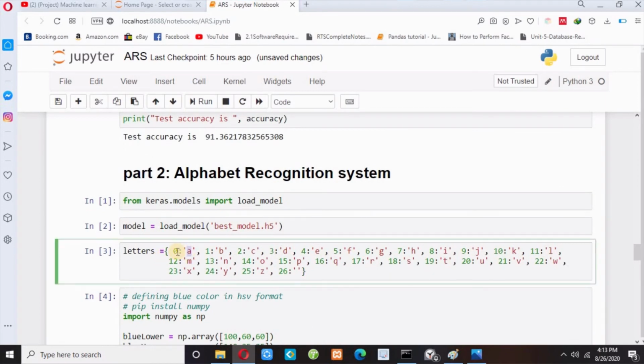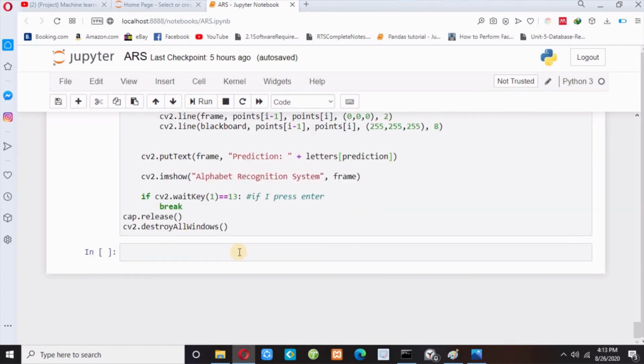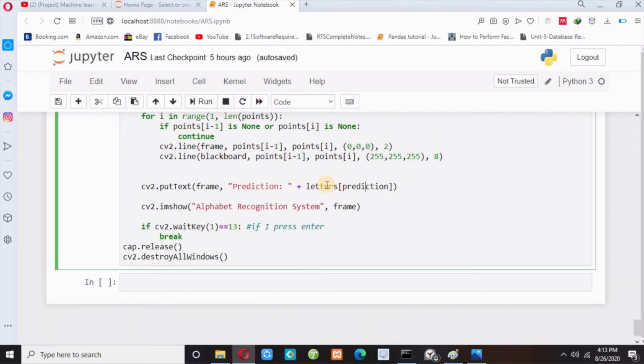So my prediction will give me the key. Now using that key I can get a value from A to Z. So letters prediction. Now I need to change this prediction into an integer, and then I can concatenate only strings. So I need to convert the whole thing into a string,